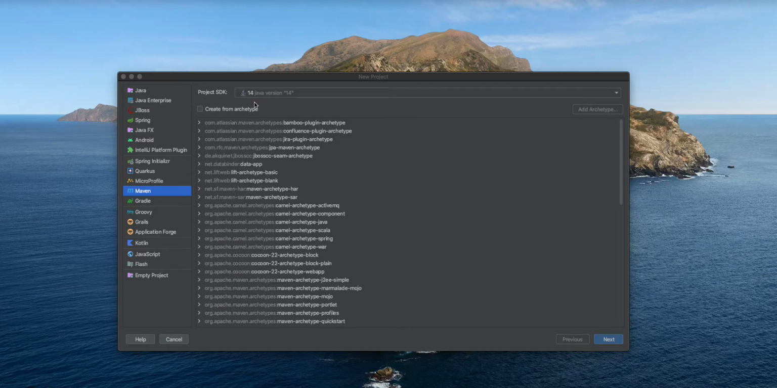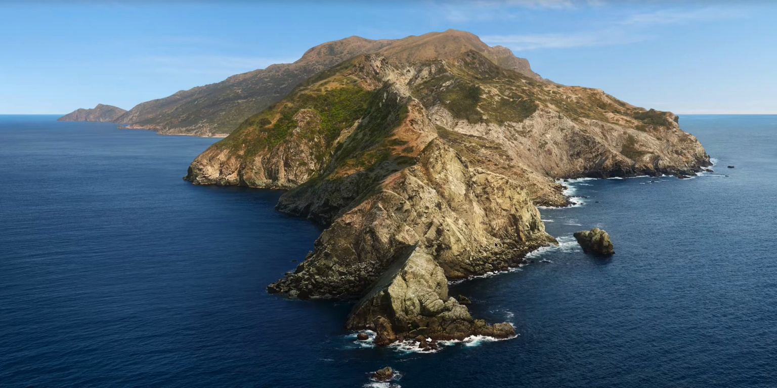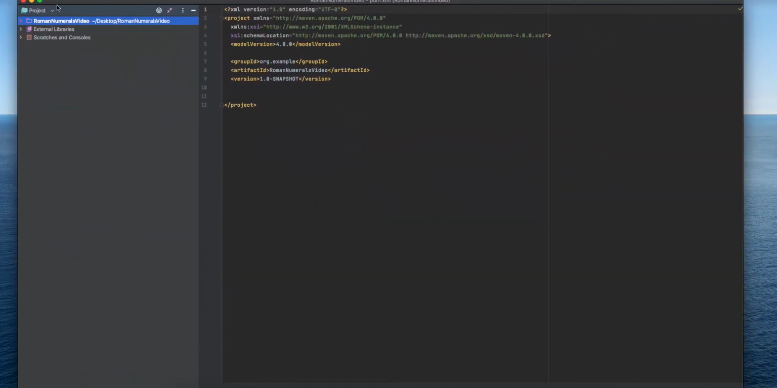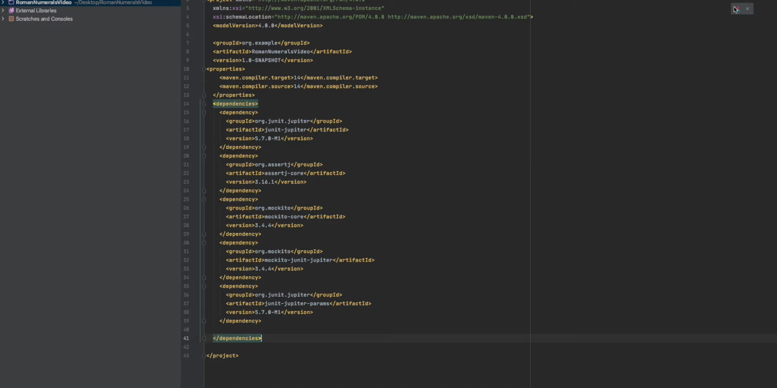Roman numerals kata, so we're going to start another Maven project, and Roman numerals, and it's going to be a video version. So this is going to create a new project, and we can see it here. One thing we just need to do here is TDD, which is our key mapping, and then we can start to look at our